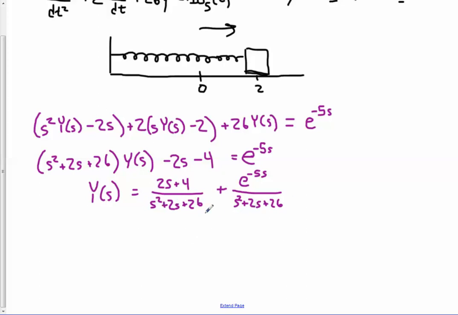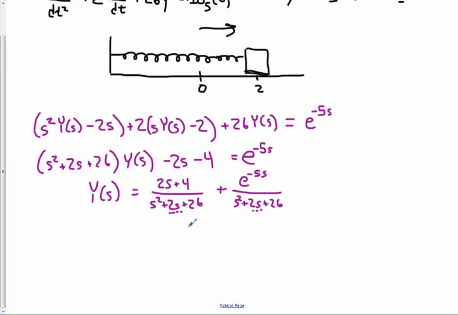So what that means, and it's not a surprise actually, is that we're just going to have to live with the quadratic, and so it's going to be cosine and sine. When you have a quadratic down here, right, that's on our Laplace transform table, that corresponds to cosines and sines. Or at least it does if we didn't have this 2s in there, but we can force that by doing